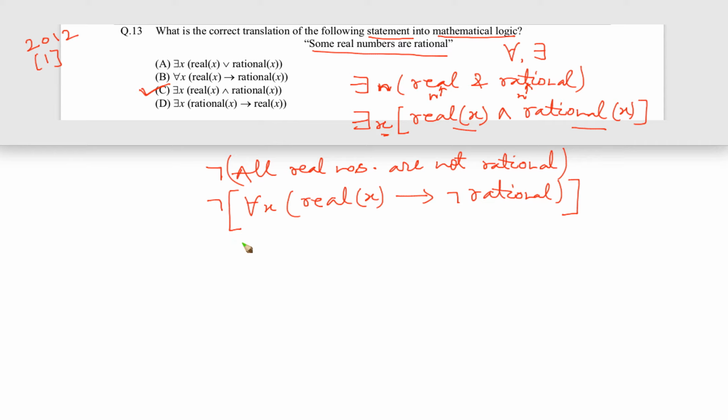Now you know that if we apply not outside and then we try to introduce this not into the statement itself, then there are ways. You might know that for all changes to there exists, and then the not applies to the internal thing. Now you know that A implies B can be written as not A or B. In the same fashion, the not will be applied to this internal thing, and this A implies B will be converted in this format. So I can say that real x